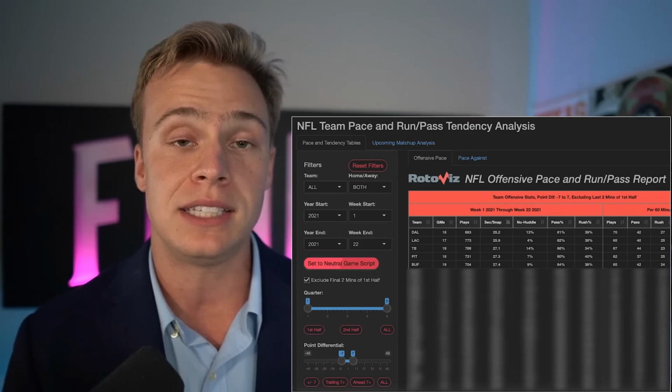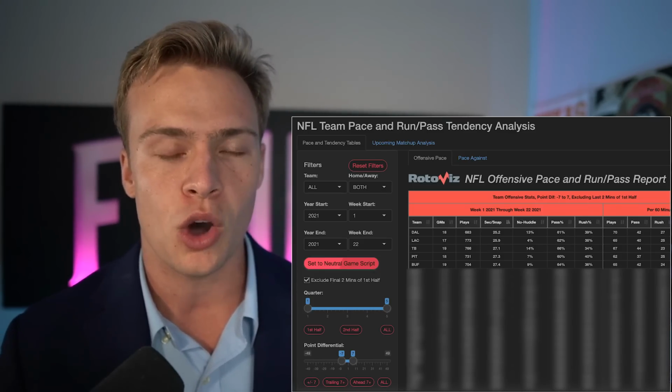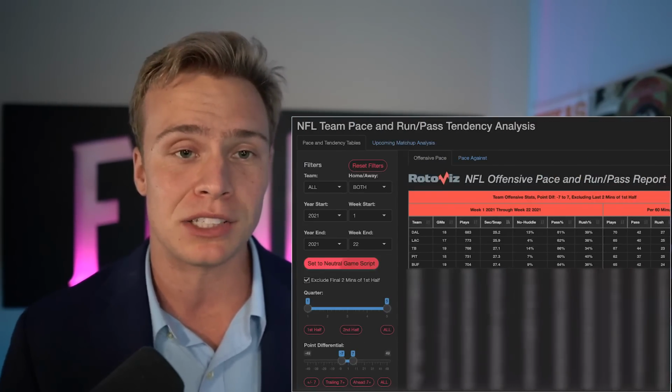A team's going to slow down their pace of play whenever they're up by 2 to 3 touchdowns. If you're up by 2 to 3 touchdowns and you're going to snap the ball when there's still 15 seconds on the play clock, what the hell are you doing? Of course, nobody's going to do that. You're going to take it down. You're going to drain the clock and vice versa. If you're a very bad offense and somehow you find yourself being the Jacksonville Jaguars, you're down by multiple touchdowns every time you get to the third quarter, you are going to be snapping that ball with 20 seconds left on the clock to the best of your ability.